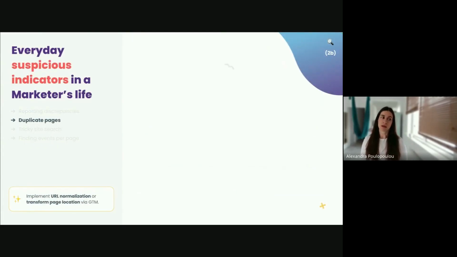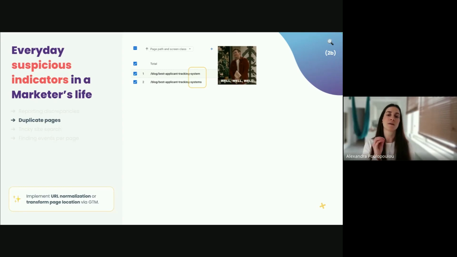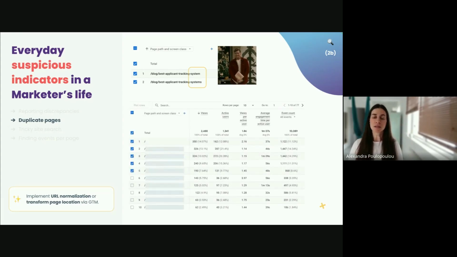Duplicate pages. This is about your page view, your pages report. We have seen, I think, in almost all of the cases, small details that separate the same page in separate rows. For example, we have a blog post. If we want to evaluate how this blog post performed, and we have a little detail separating the page in our report, this will not be helpful to evaluate the performance of a page. So make sure that you don't have duplicate page URLs,